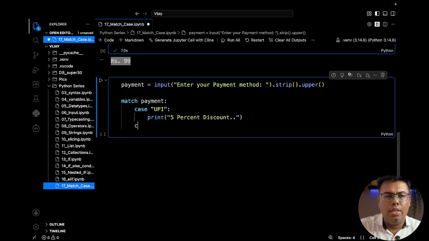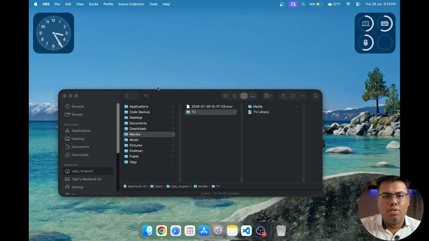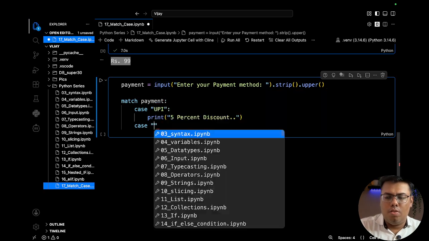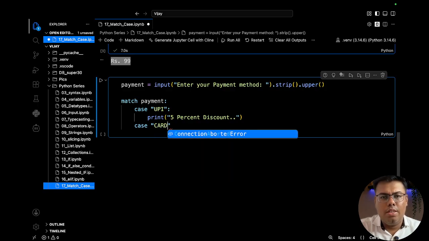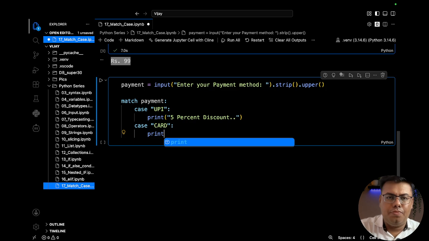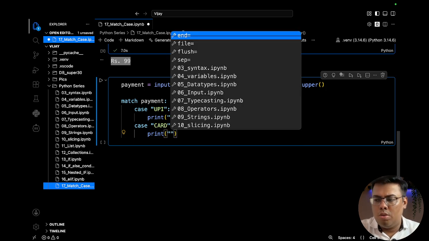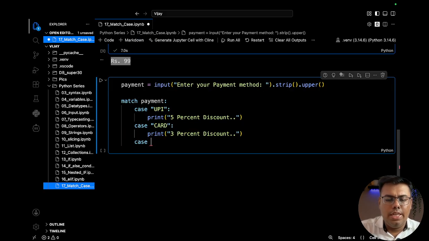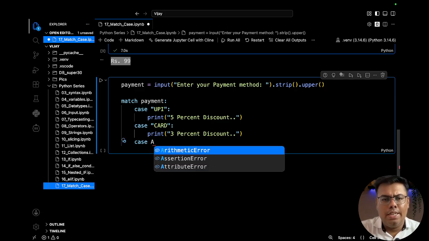Okay, then we have card. The card will be having, what was the discount that we can provide? 3% discount on the card. Then we have case for cash,